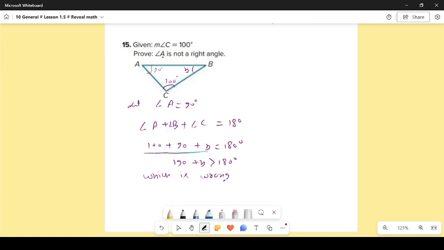So it means angle A, why is it coming wrong? Because this angle A is not